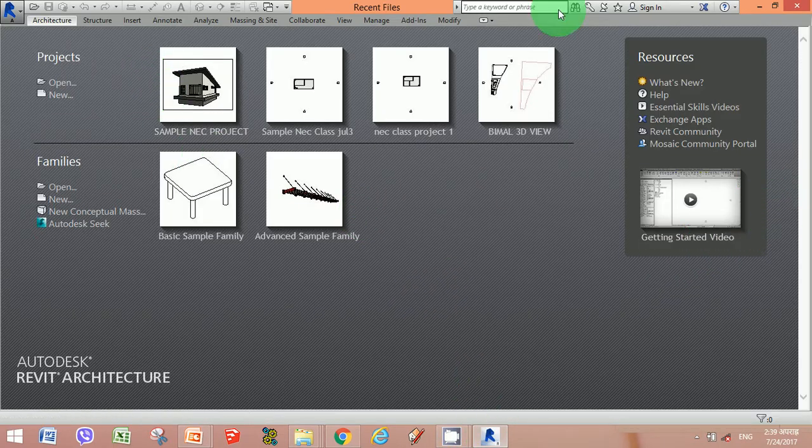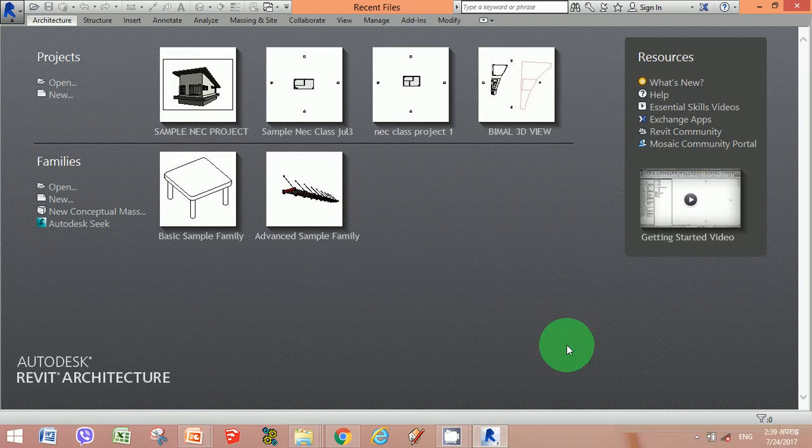Now once you've opened the Revit software, you'd find the window like you're seeing on the screen. So this here is the window of Revit Architecture 2015. You could do this with another version of Revit as well, but I would recommend you to use Revit software 2015 or higher, which would be very easy for you to accommodate. Now let's go ahead with our tutorial.